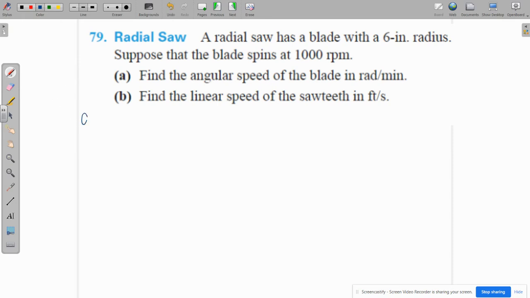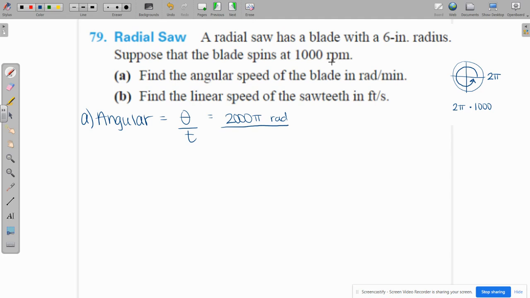So for part A, we're going to start with our angular speed. And we know that angular speed is equivalent to the number of radians covered over time. So if we're talking about 1,000 RPM, we'll think about one rotation of that radial saw. One rotation or revolution covers 2 pi radians. So if we have 1,000 of those, we need to take 2 pi and multiply it by 1,000. So the angle that we have in the top is actually going to be 2,000 pi radians